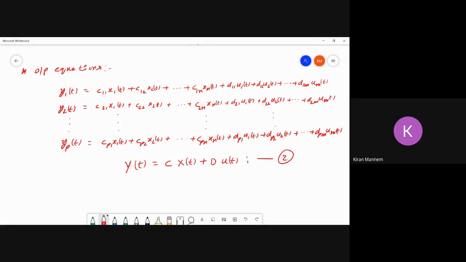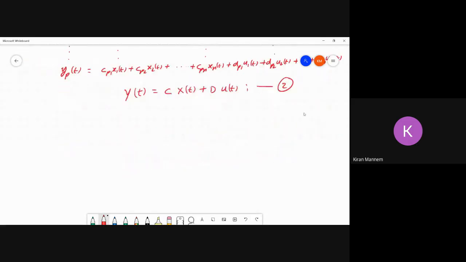So this is called the output equation, where again x of t is equal to x1, x2 till xn, which is n by 1, and u of t would be u1, u2 till um, that is m by 1, and matrix C would be